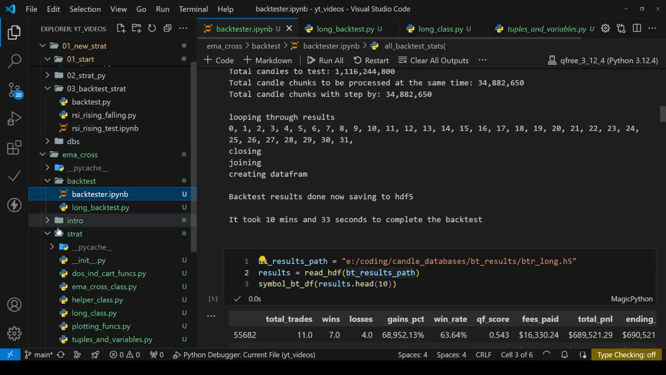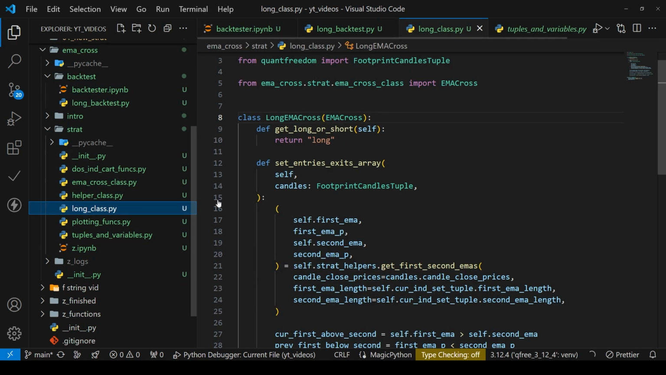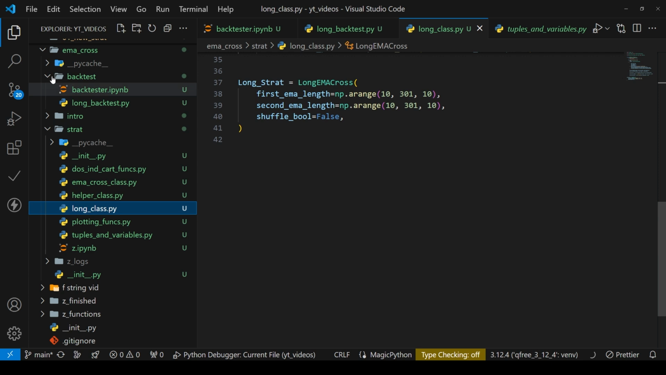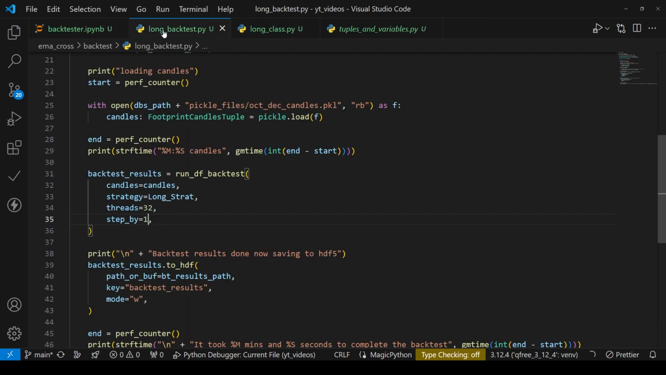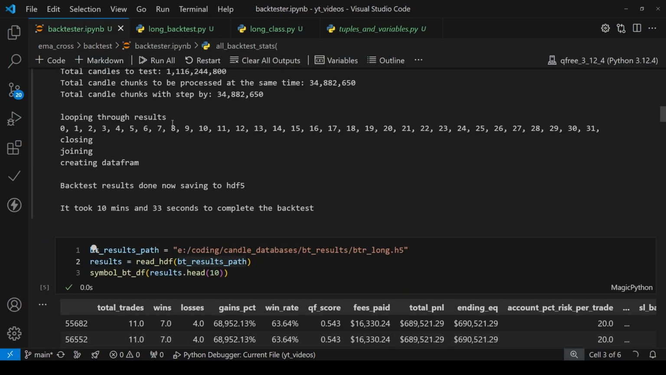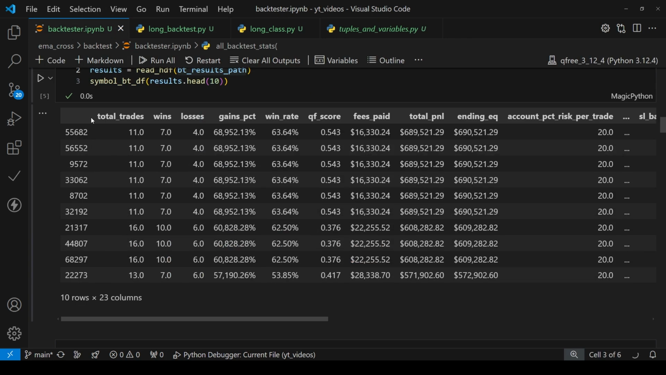And then I want to make sure that I go to the long class, and here I'd want to turn on shuffle. So the whole point of doing the step by, again, like I said last time, is to do as much randomness as we possibly can. So that way we can see what the results are, because as you guys can see here, and you saw last time,